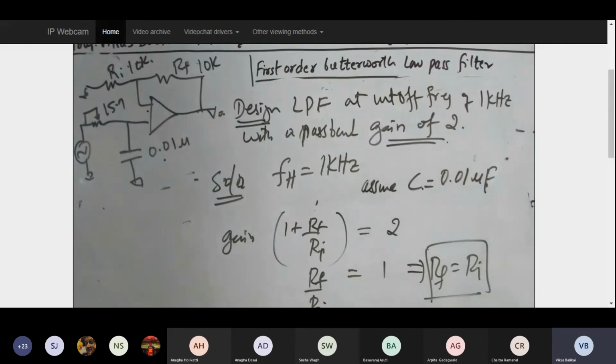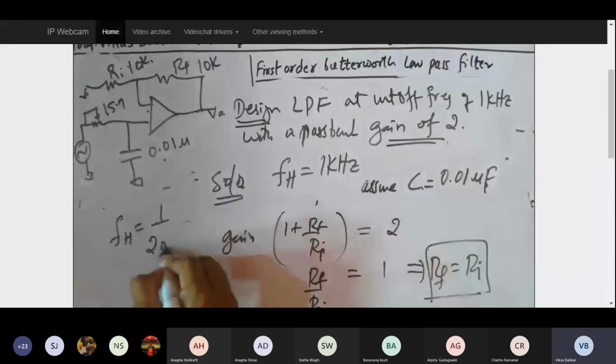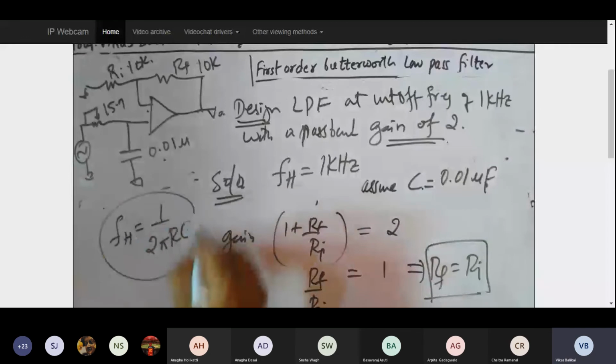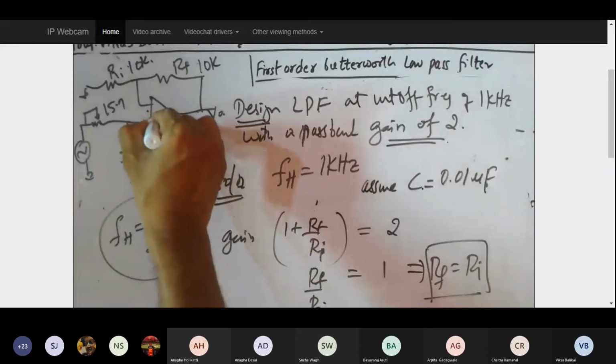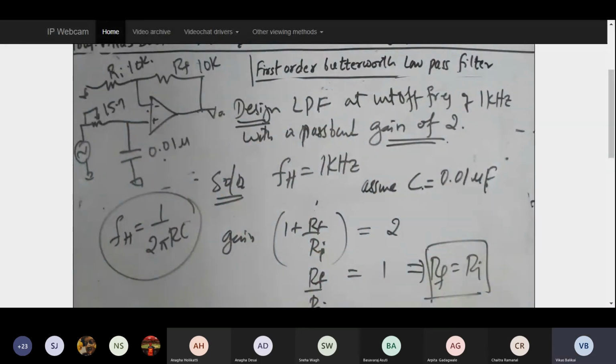See, those who are unaware of this frequency designing aspect of the low pass filter will feel that this is a very tricky problem. But this is the easiest problem because you need to understand the concept. First, how to calculate the Fh value, I should know the formula. To calculate Fh, Fh is equal to 1 by 2 pi RC. This is one formula you should remember. And passband gain is nothing but the gain of the non-inverting amplifier that you have used over here, right? If you know these two terms, you equate the passband gain to the gain equation, and accordingly you get the values.